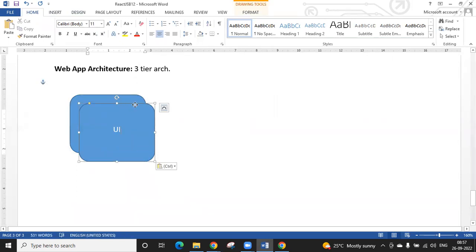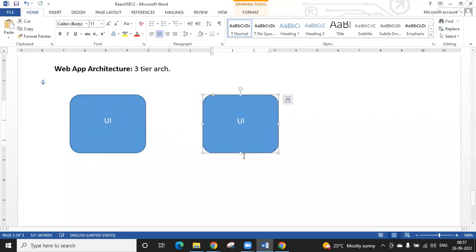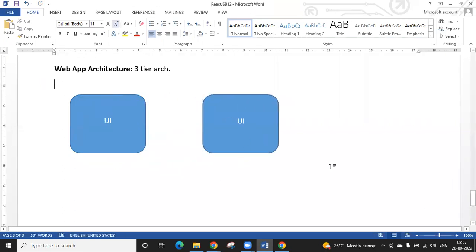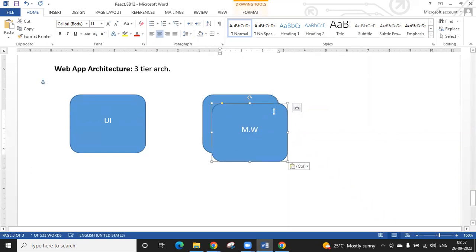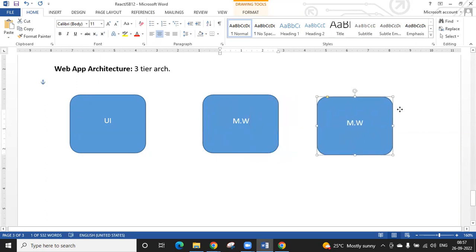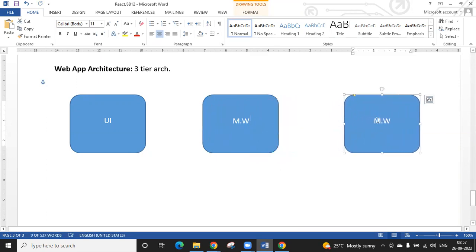So this is my middleware. Nowadays, once you are going with React.js, there is no need to worry about the middleware. But how is your application going to flow? Once we come to a real-time application, this layer also needs to be created. Yes, we are going to create this layer.